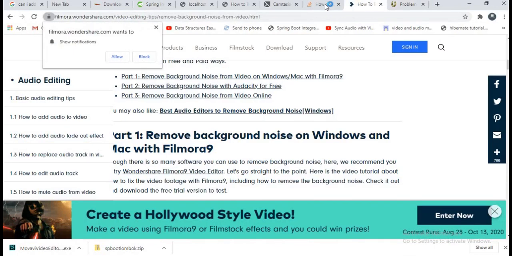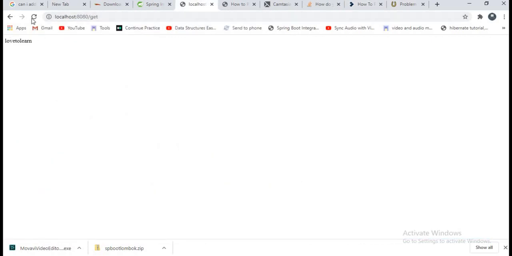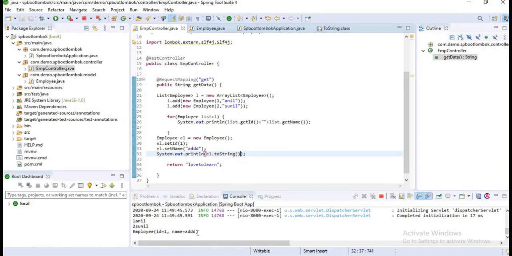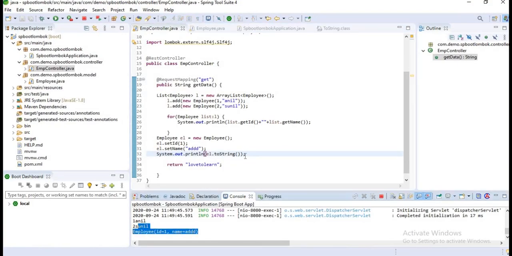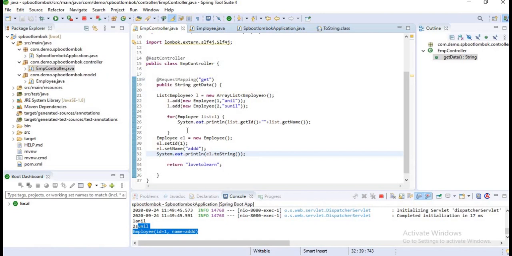Okay, and now I want to call my method again. Let's see here, my data got printed. All this data means now I have implemented setters, getters, all argument constructor and no argument constructor.